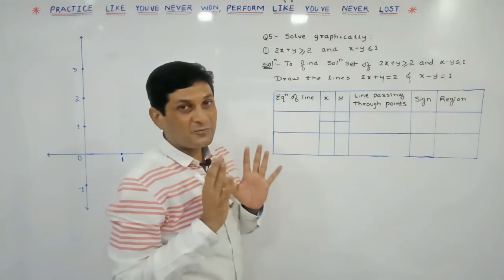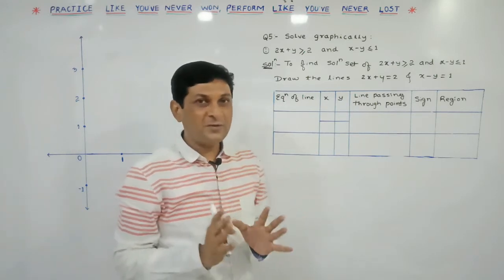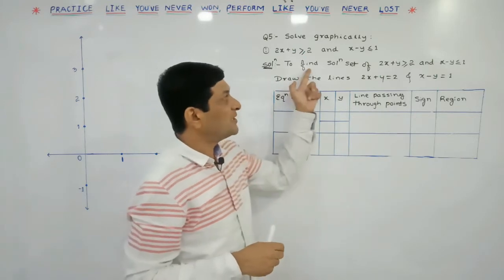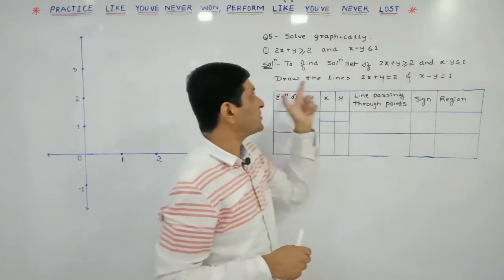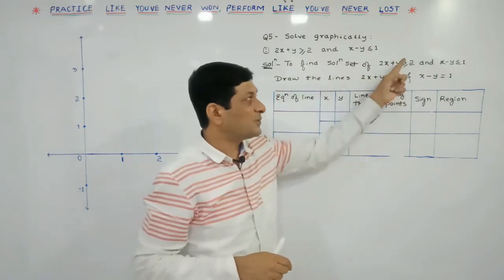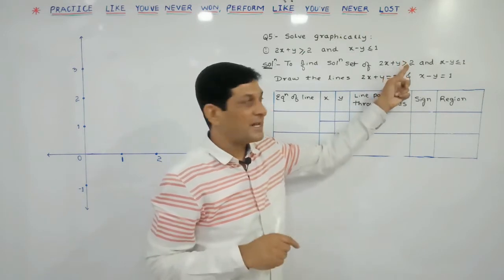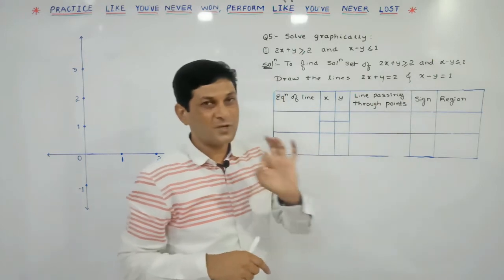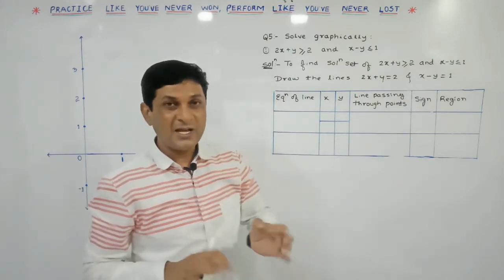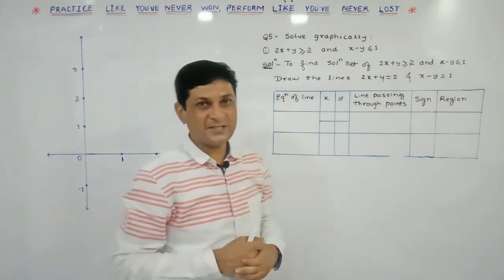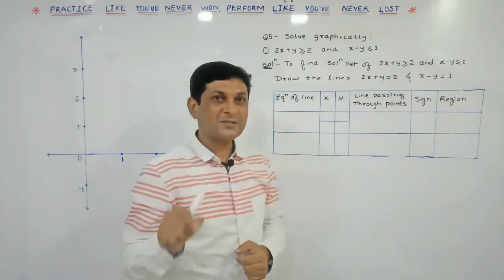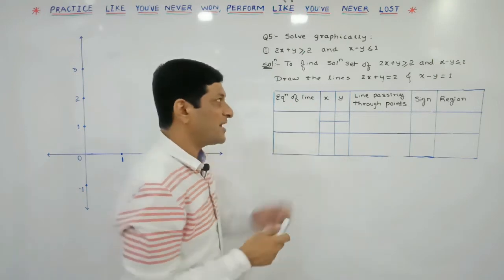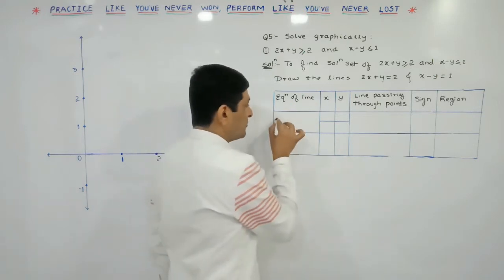Now to find the solution set, we have already seen a method. First we have to draw a line. So to find the solution set of these two expressions, draw these two lines. Whenever we are constructing the line, instead of inequality, here we have to consider equality, because equality means linear equation and we know that a linear equation represents a straight line. To construct a straight line, we have to find the position of 2 points on the line. So first we are trying to find the coordinates of 2 points on the line.